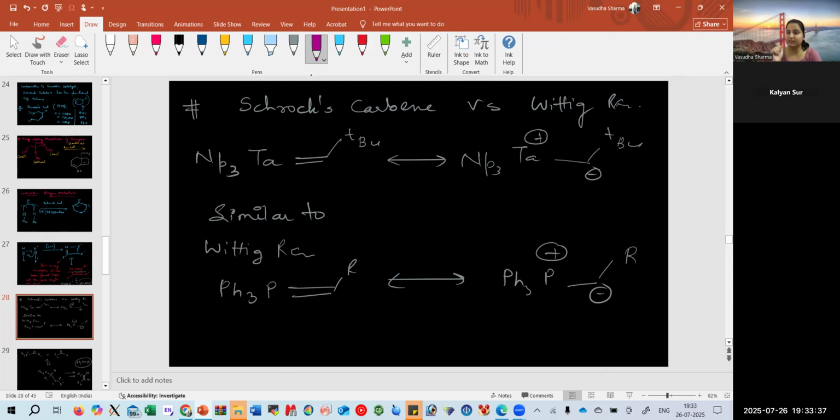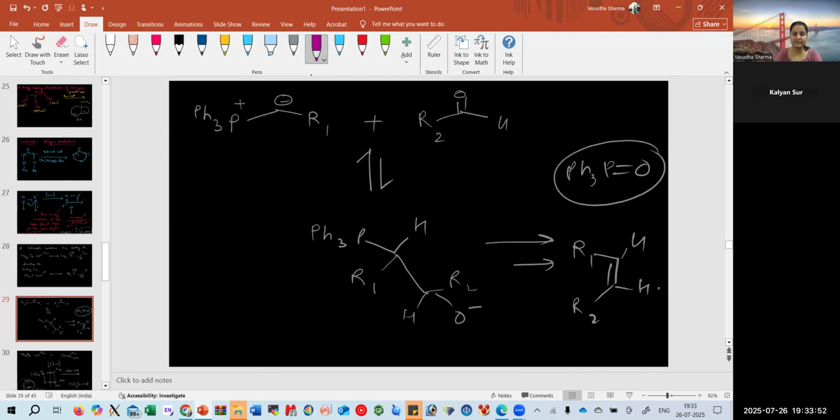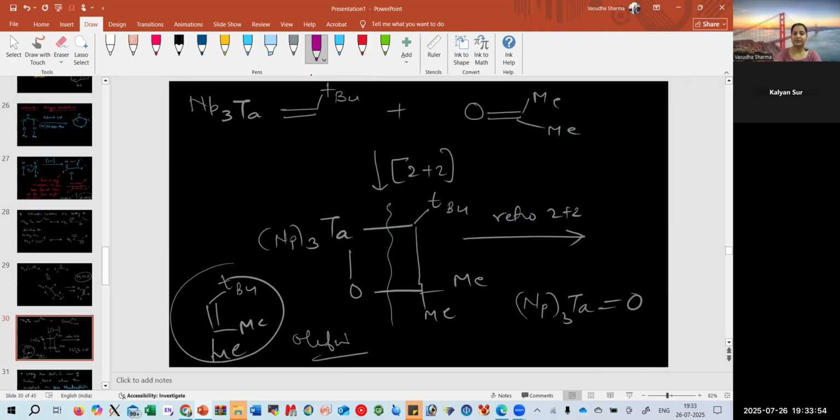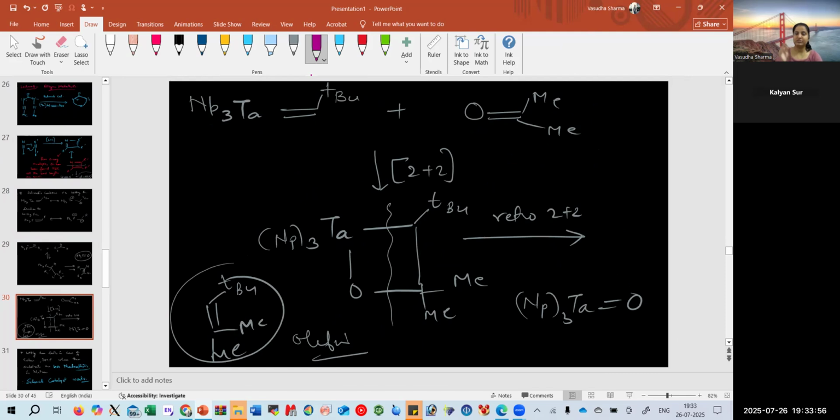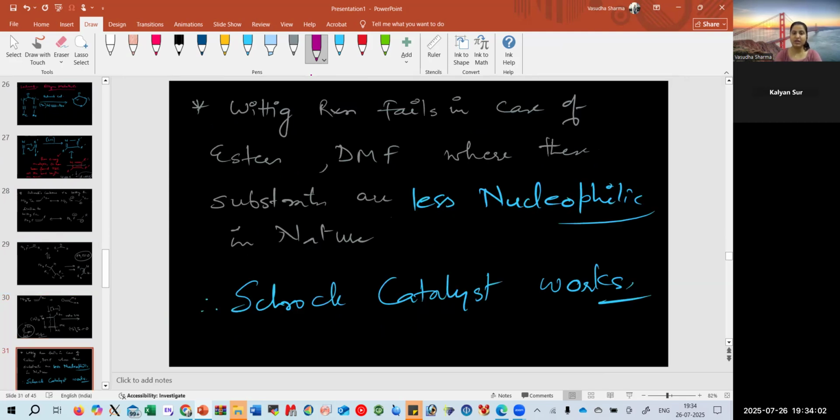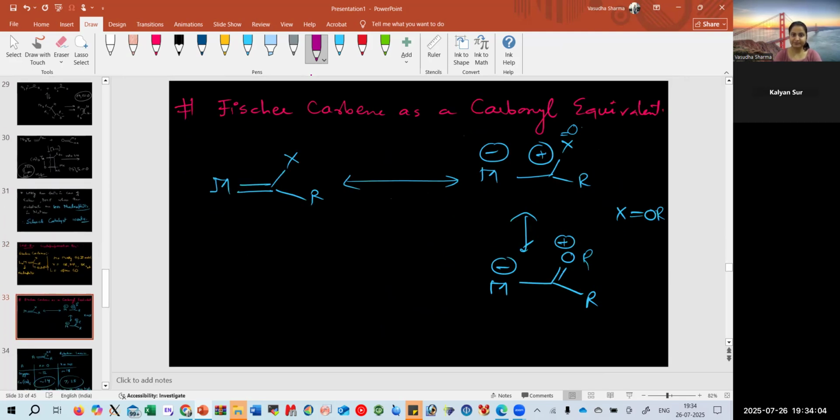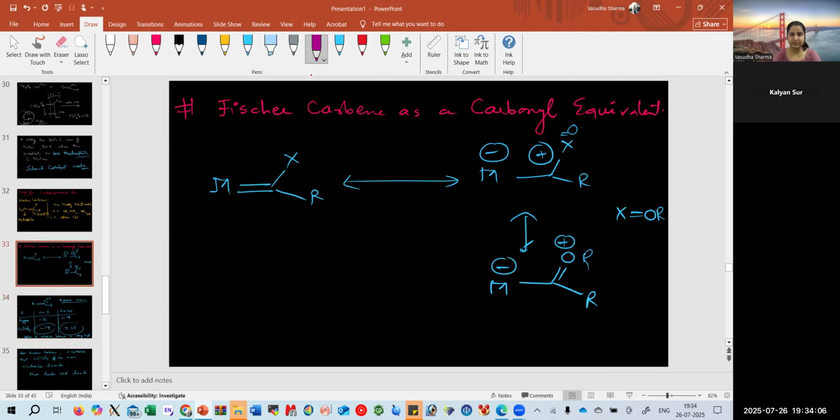Now, there is a comparison, whether we can consider the Schrock carbene versus Wittig reaction. Wittig reaction is something where we use a carbonyl group, and it turns out to be a conversion of the carbonyl group to the olefin group. And once we saw that, we found out that Wittig reaction has certain limitations, that it can't work with the ester, it can't work with the DMF, where the Schrock carbene can easily work. Why is it so? When it was compared,